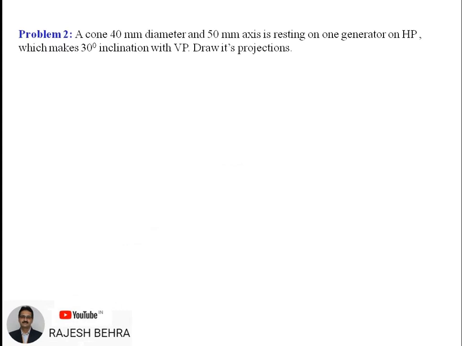We'll read out the statement. A cone, 40 diameter and 50 axis, is resting on one generator on HP, which makes 30-degree inclination with VP. Draw its projections. So as a usual practice, first we'll see the cone and bring out the imagination of that